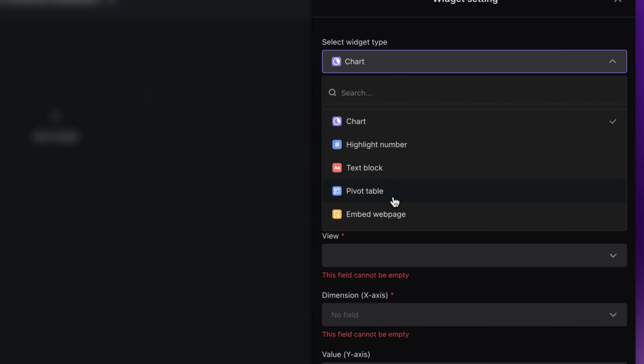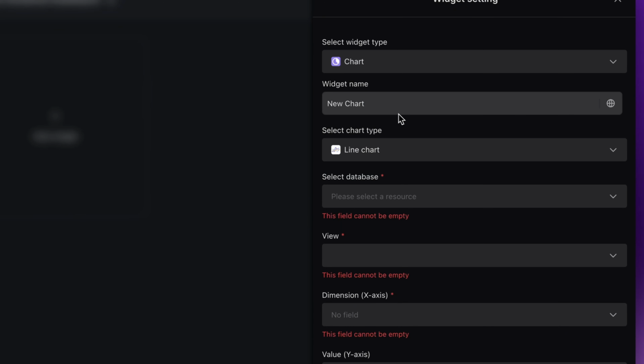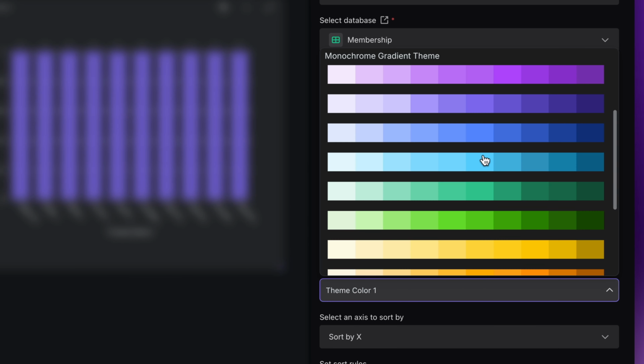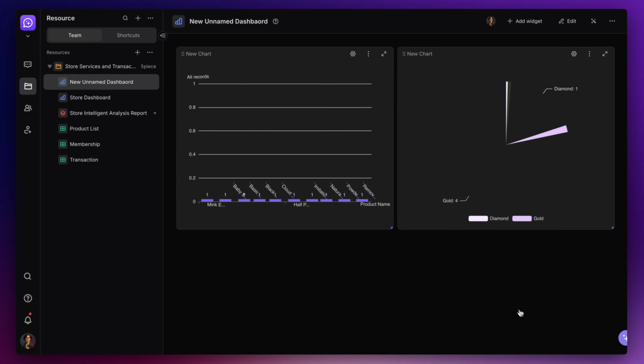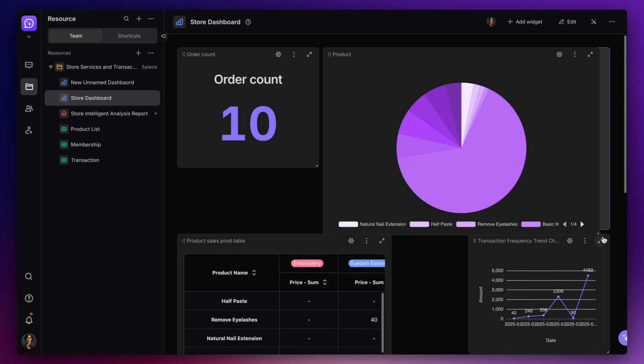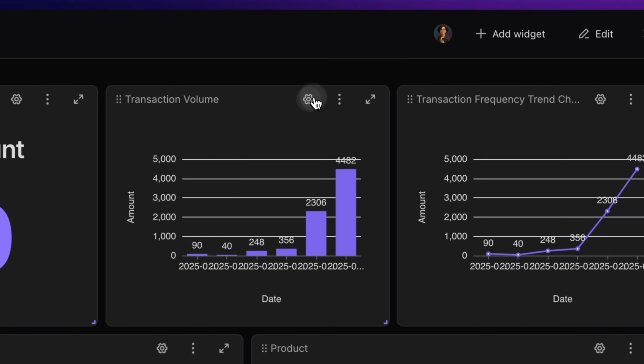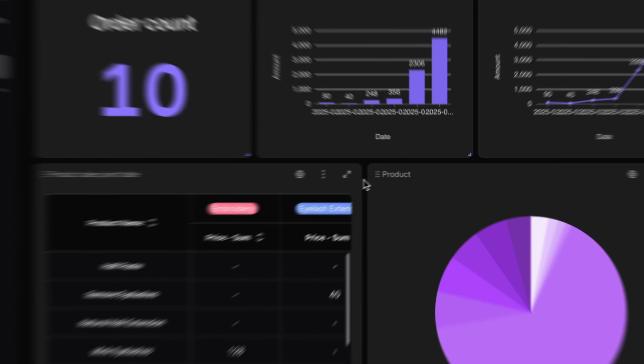Bika.ai currently supports a variety of widgets, including chart, highlight number, text block, pivot table, and even embedded web page, giving you the flexibility to build dynamic, interactive views. You can also drag and resize widgets, adjust their position, reconfigure their settings, and switch to full screen mode for